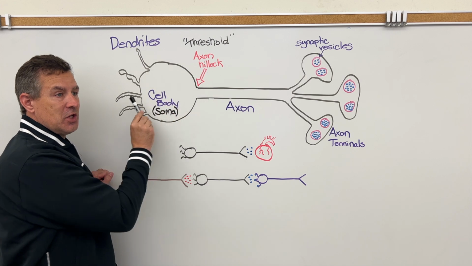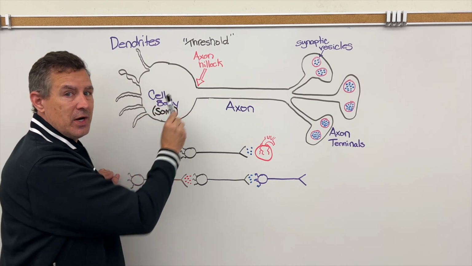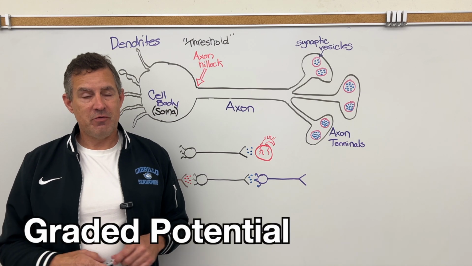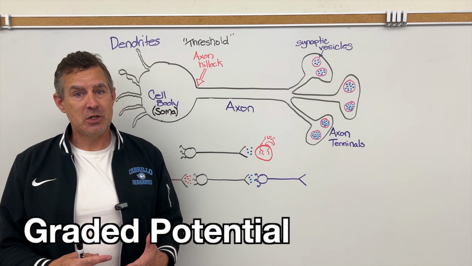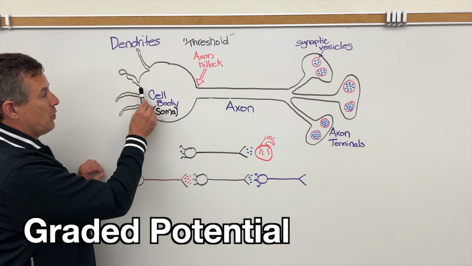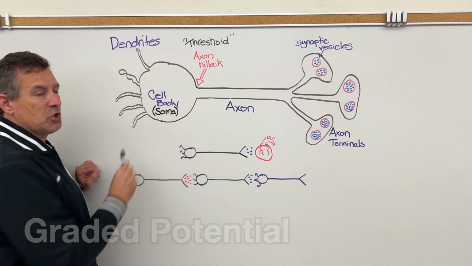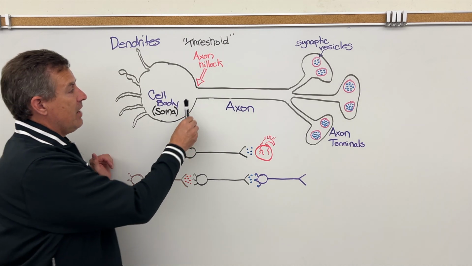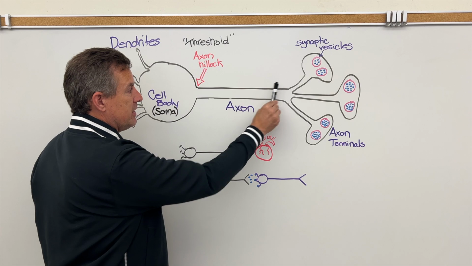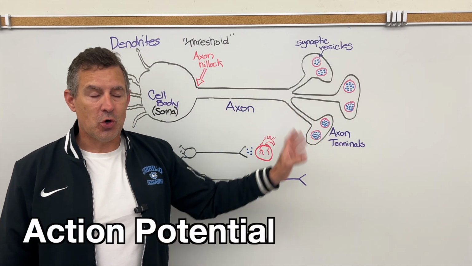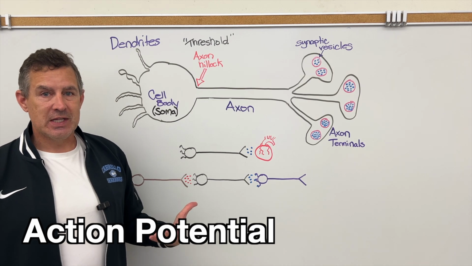The depolarization event that spreads across the dendrite and cell body is referred to as a graded potential, very similar to an action potential, but certainly some distinct differences. So we have the graded potential along the cell body, which depolarizes the cell. And then we have an action potential down the axon into the axon terminals, which ultimately is going to facilitate